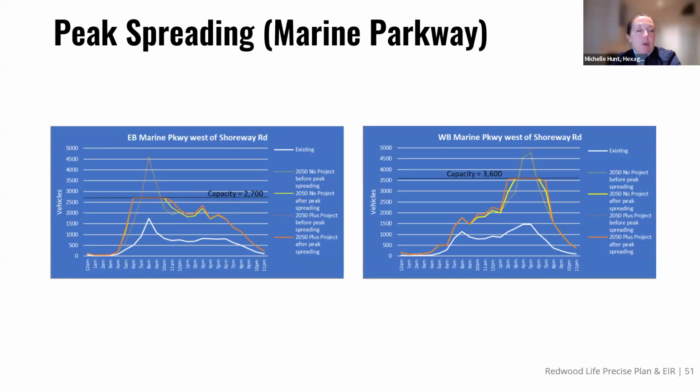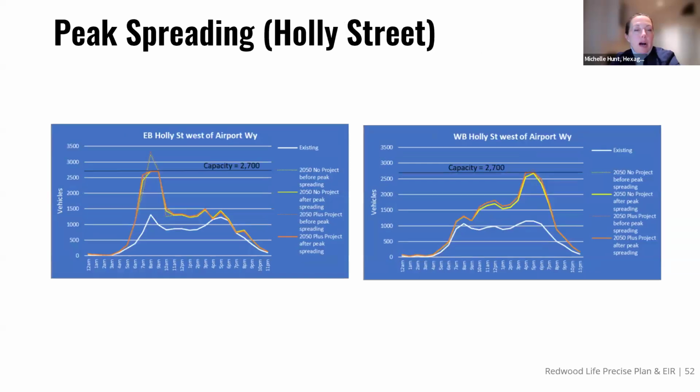And so now the demand during the peak hour would exceed the capacity. And so we have estimated the effect on peak spreading by taking those trips and shifting them to shoulder hours, and estimated how many additional hours of congestion would occur. And then next slide, we did the same thing for Holly Street, although you can see that in Holly Street, we're only slightly over the capacity, and so the effects of peak spreading are not as great on Holly Street. The next slide has a table that shows